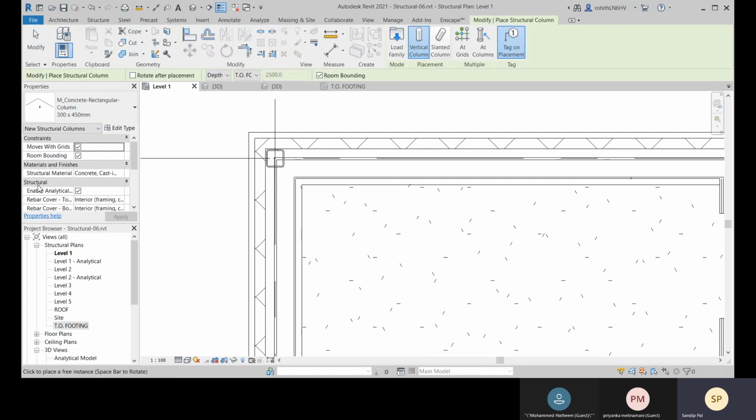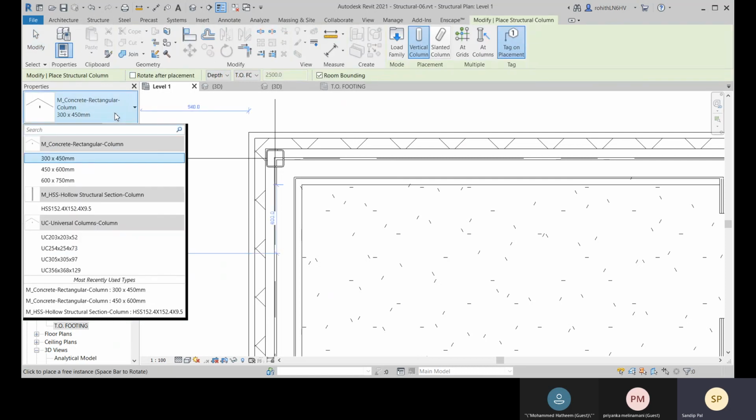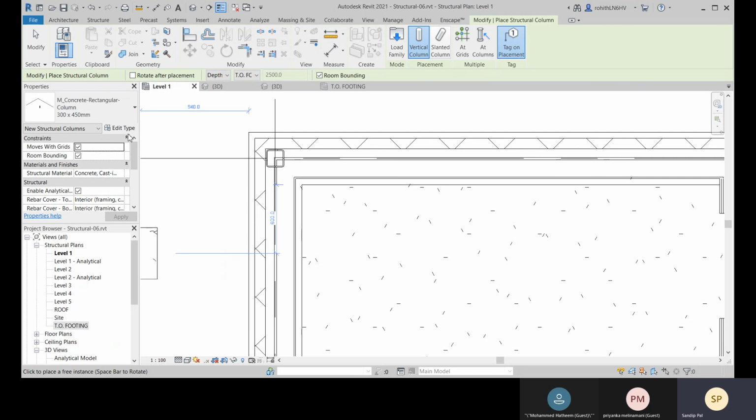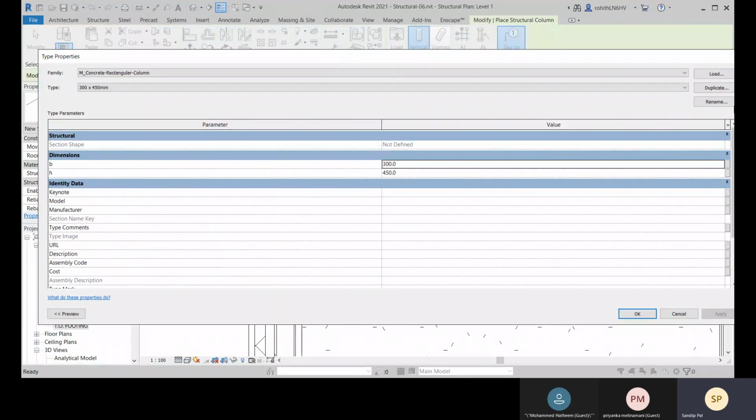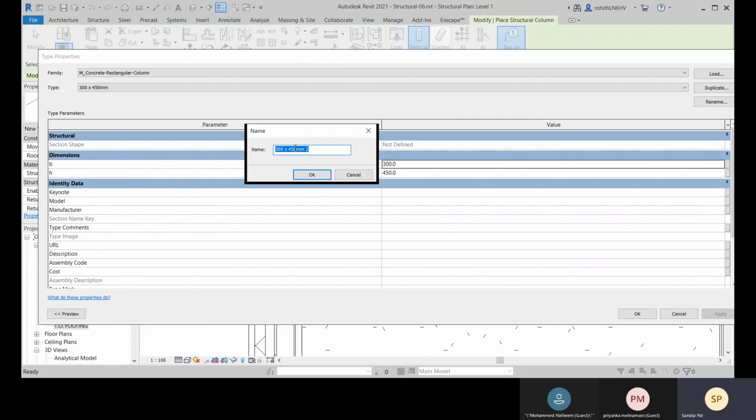Here I have it. You can choose any type, and you can come to this one here and go for the duplicate option. So here let me go for 350 by 352.